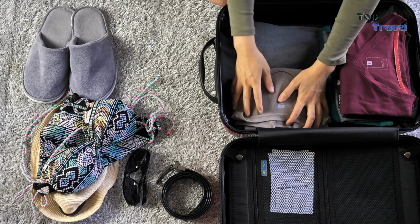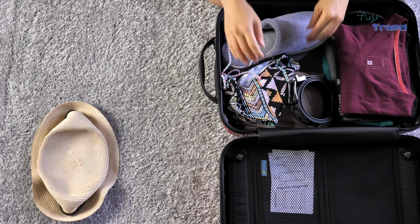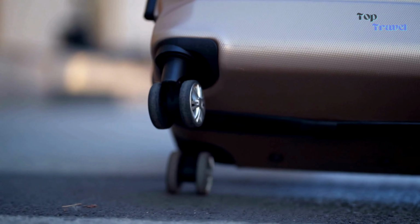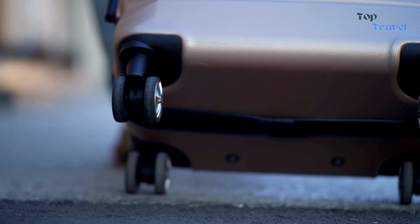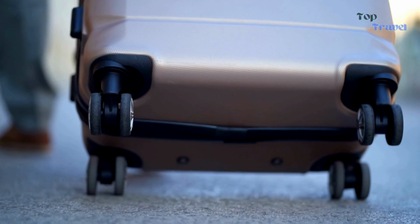Next, choose the right luggage for your trip. Consider the length of your trip and the type of activities you'll be doing. If you're only going away for a weekend, a backpack or duffel bag might be more convenient. If you're going on a longer trip or need to bring a lot of gear, a suitcase might be a